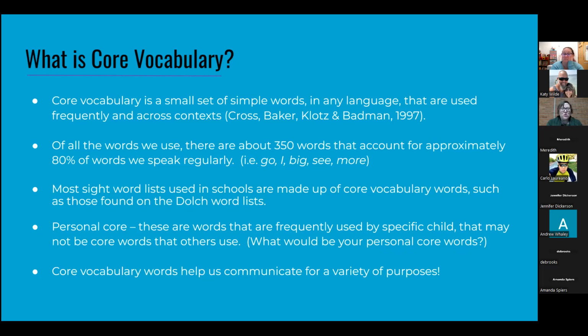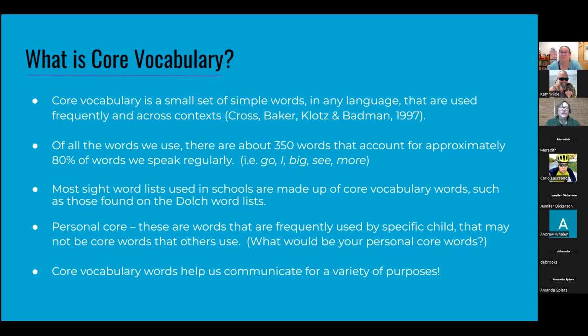So what could some of your personal core words be? I think AAC might be one of my personal core. Chocolate would be one of mine. Chocolate is good too. Okay, think of anything else that might be a personal core. Thomas the Tank Engine around here. There we go. Or Mickey Mouse, definitely. Yeah, Mickey Mouse, absolutely. I've also had a student for whom leaf blower was one of his very big personal core words. Yes, and Bluey, yes. Oh, Bluey, absolutely. 100%.